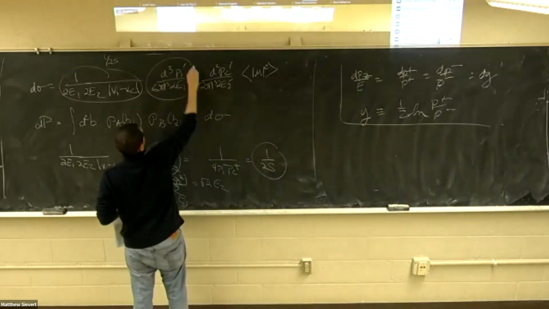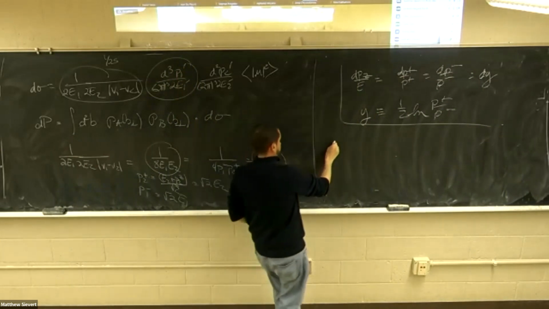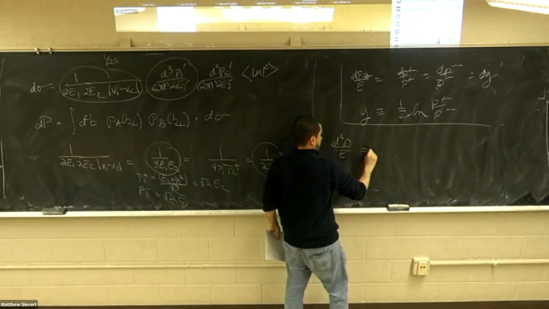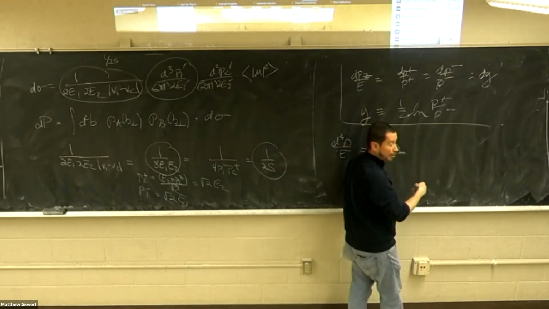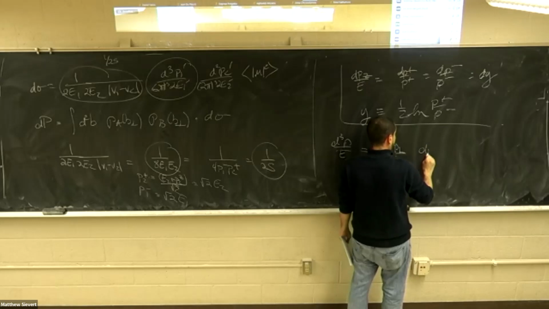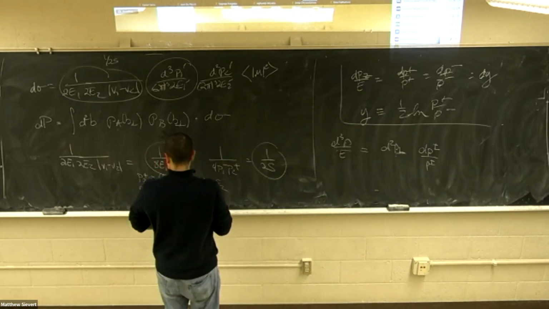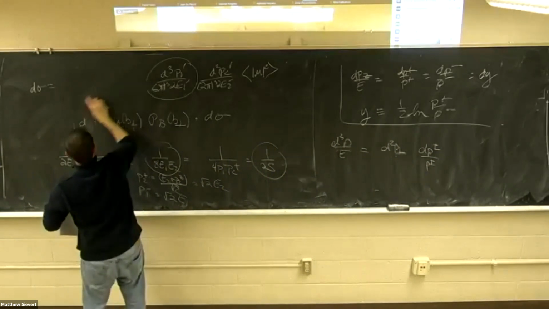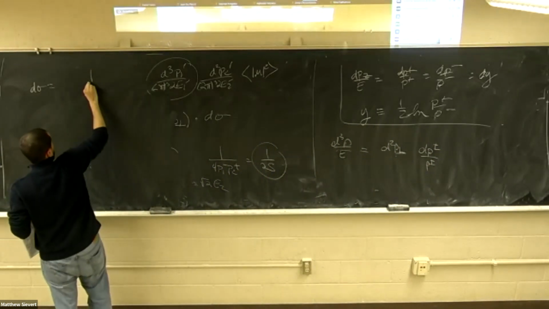So instead of calling it d³p over 2E, I'm going to call that d³p over E, which is the same thing as d²p_perp. And then I can choose, depending on whether I want to talk about plus or minus, dp⁺ over p⁺ or dp⁻ over p⁻. So apologies for doing proof by erasure, but to manipulate the formula on the top, the flux factor is simplified